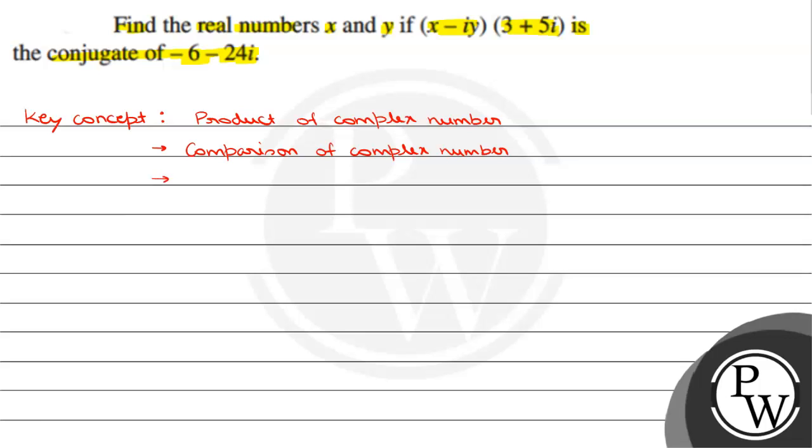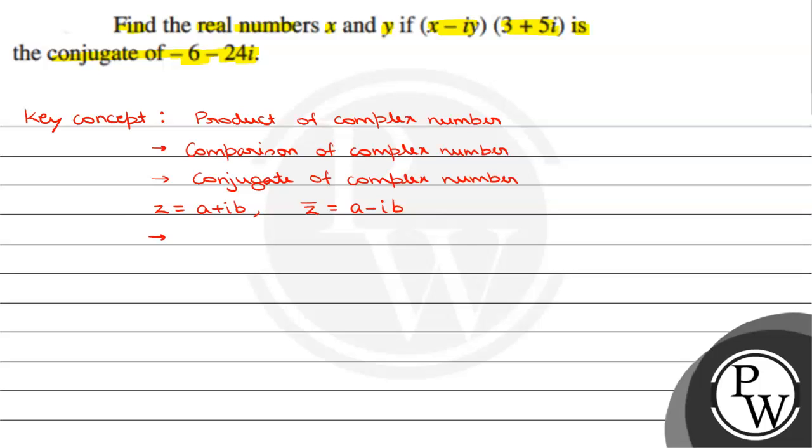Third concept, conjugate of complex number. Suppose we have a complex number z which is equal to a plus ib. To find out its conjugate, we just need to change the sign of the imaginary part. And last, we'll use